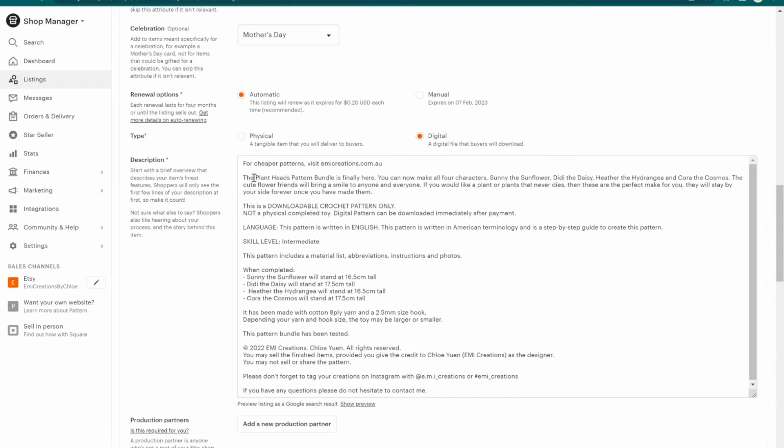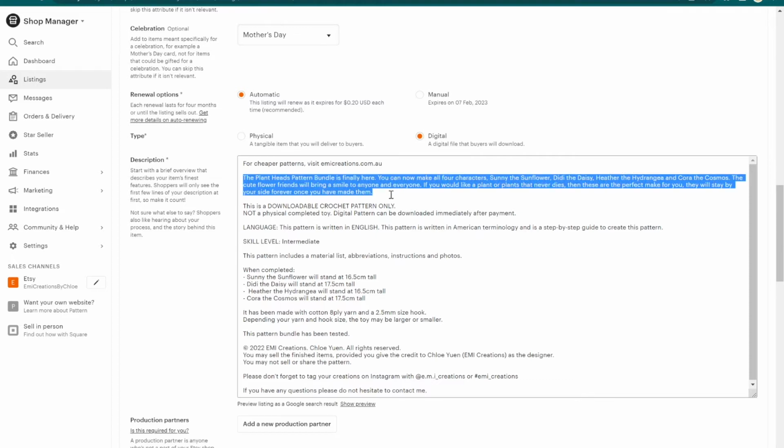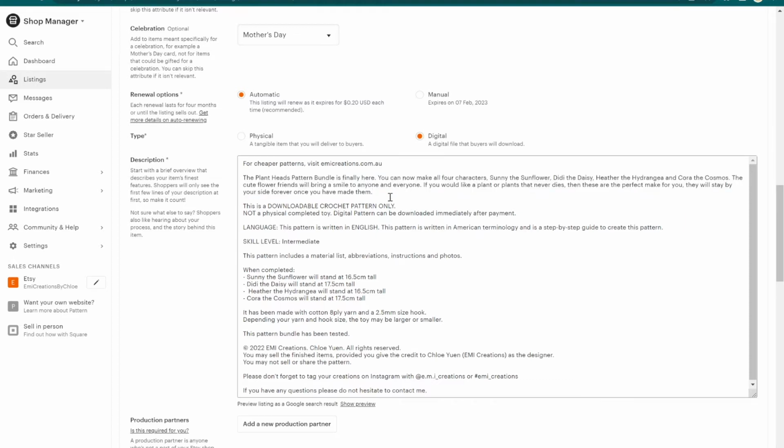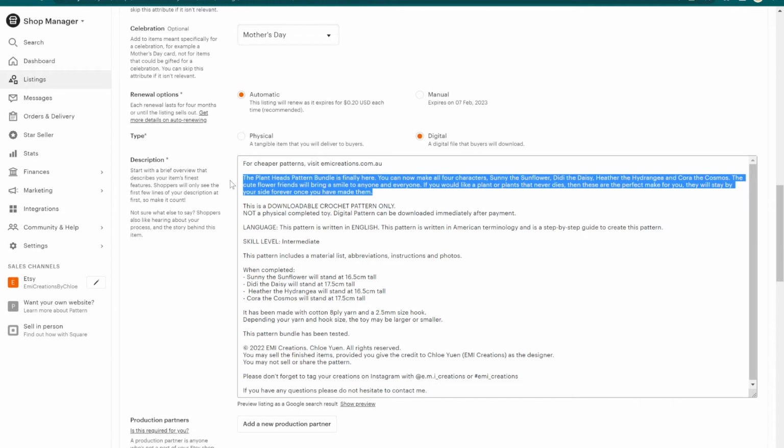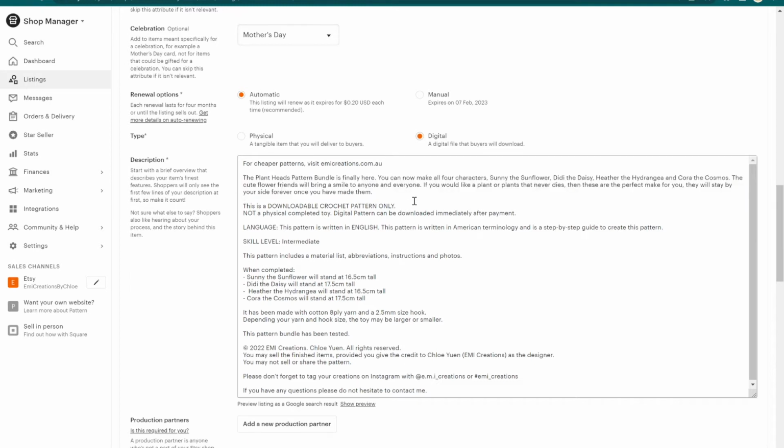So I always try and add a 3 to 4 sentence description about the pattern, about what occasion it suits for, how it will make someone feel, etc. If there's a story, definitely add a story about it. But I'll always have a little bit of an introduction at the beginning of every digital pattern, just to introduce the product a little bit, and hopefully it'll cover some of those long keywords that people would type in during